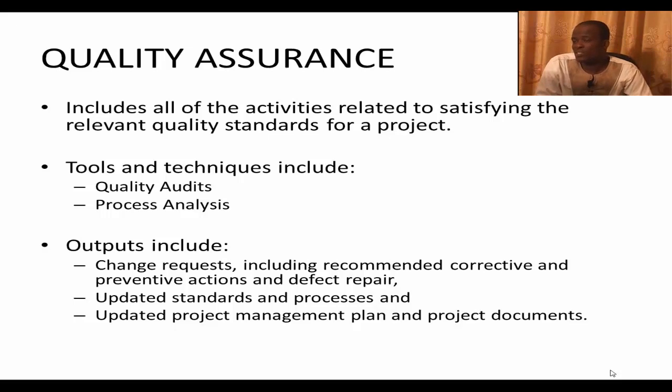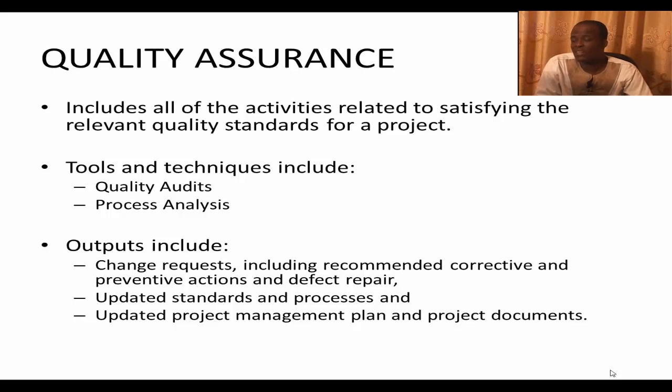And this quality assurance includes all the activities related to satisfying the relevant quality standards for projects. Okay, all the activities, like a framework that makes sure that all the relevant quality standards for a project are in place. Okay, and the tools and techniques under these are quality audits and then process analysis. These are the two main tools under quality assurance. The outputs of the quality assurance process include change requests,